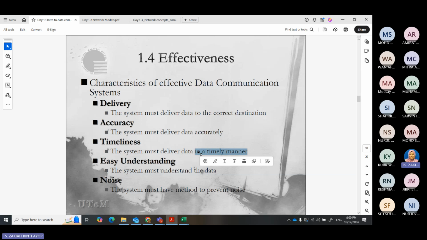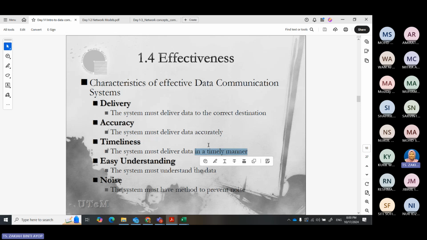How long does it take for the response to be received? That's something the programmer or developer has to consider, because they also need to consider the features and performance of the network.